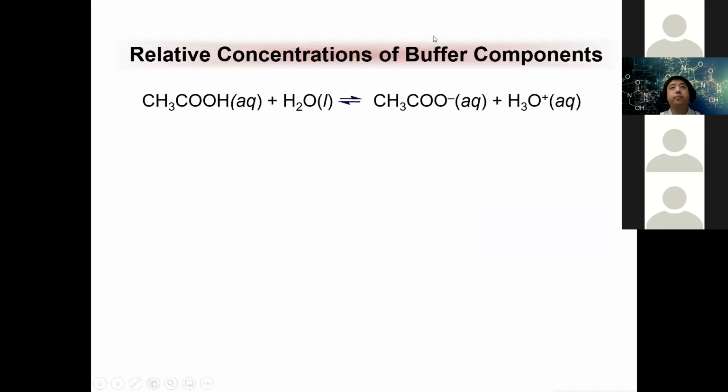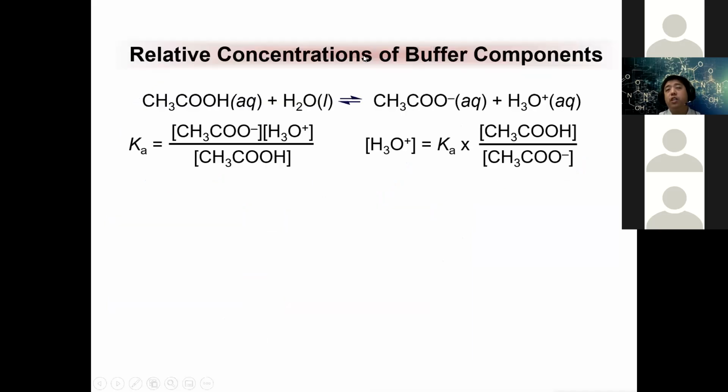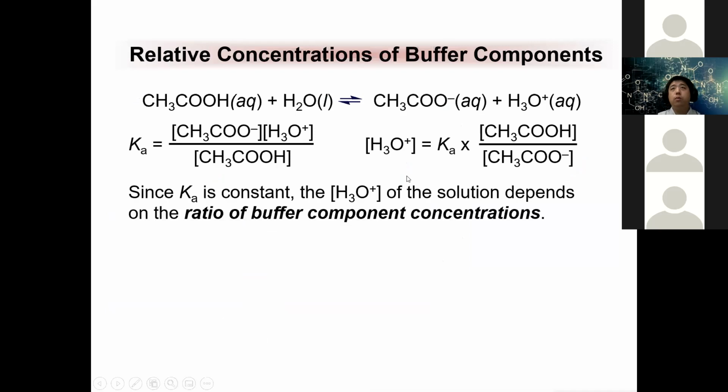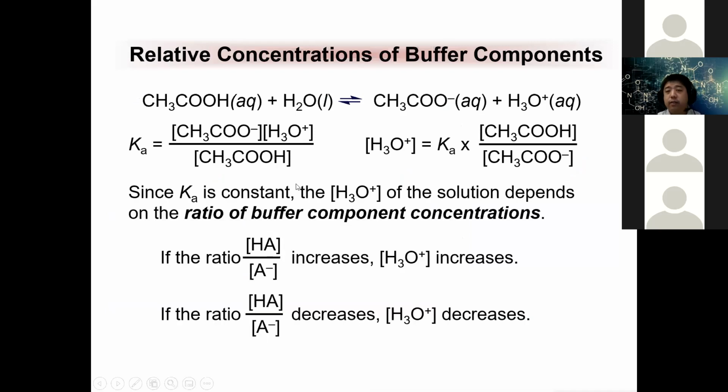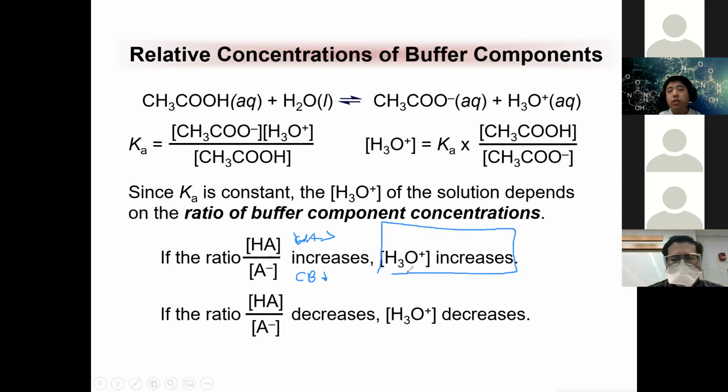So let's talk about the relative concentration of buffer components. We know that our Ka is a way to determine the acid strength. We can also use Ka to determine the ratio of our buffer. This is my weak acid, and this is my conjugate base. If I increase the ratio, that means I'm getting more of these and less of these, and the overall pH should increase. If I have the opposite scenario, where I have less of my weak acid and more of my conjugate base, my overall pH